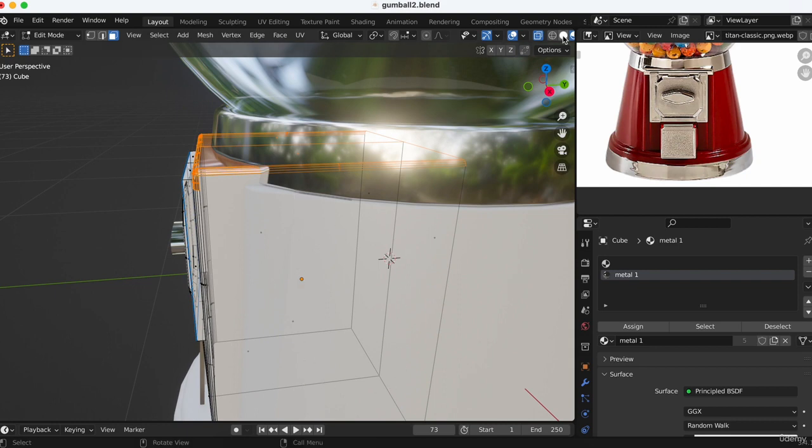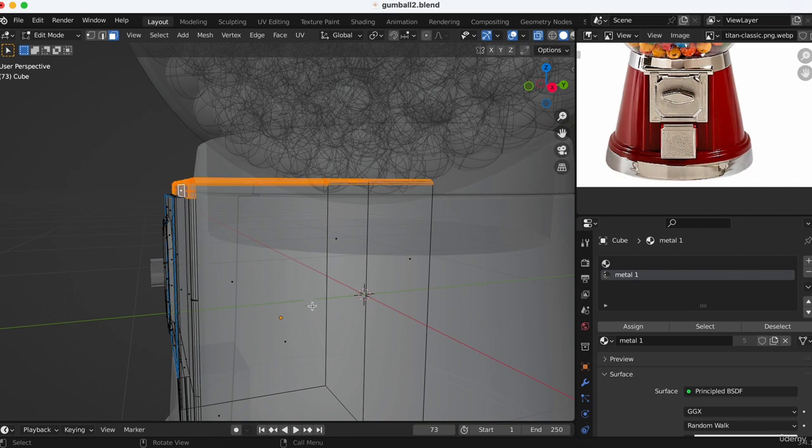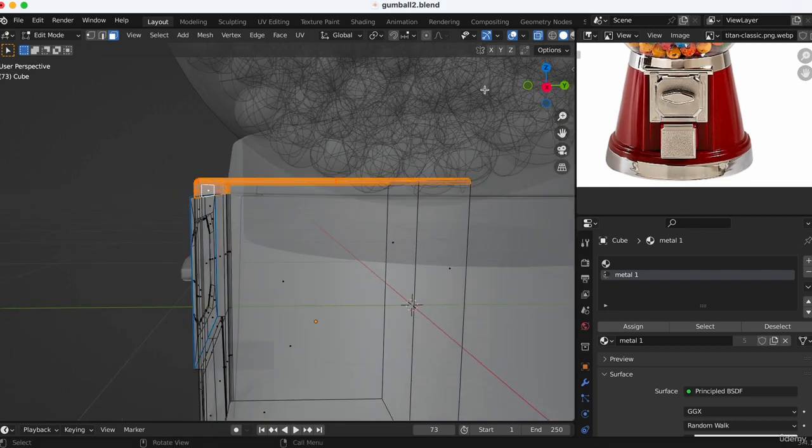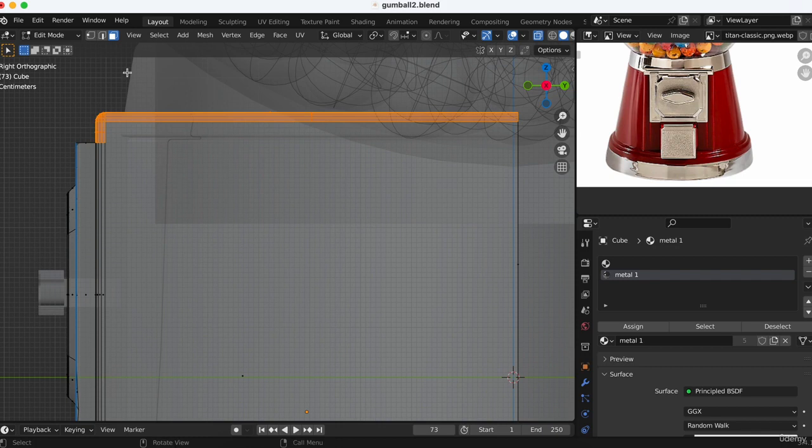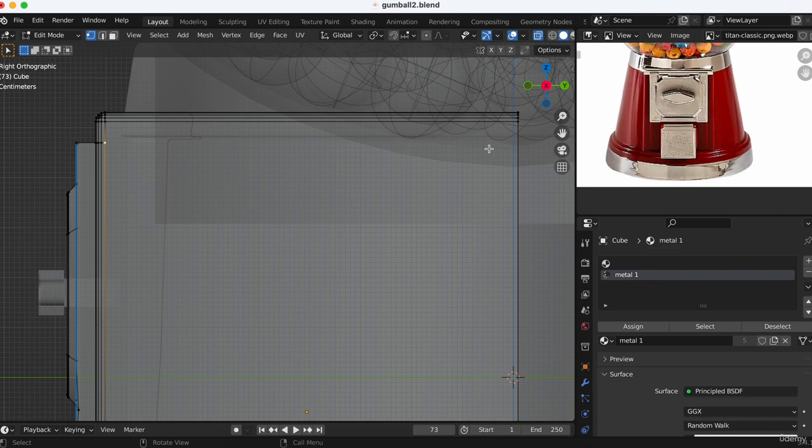Control R, we can go here, Control R to see if we can put loop cuts. We can't put loop cuts here, so we are going to use the knife tool. We go on vertex, we select this point here, and we want to create a segment here. K,